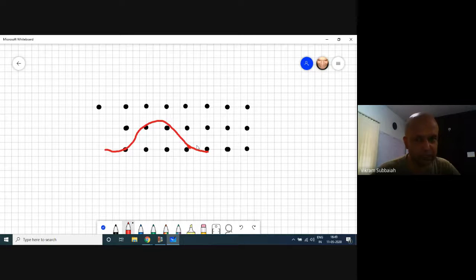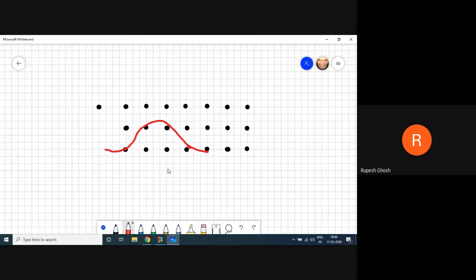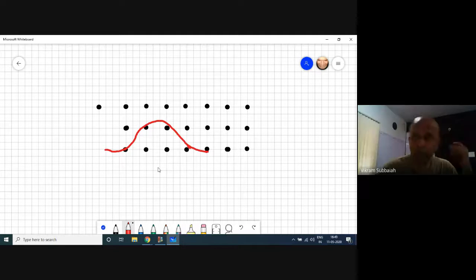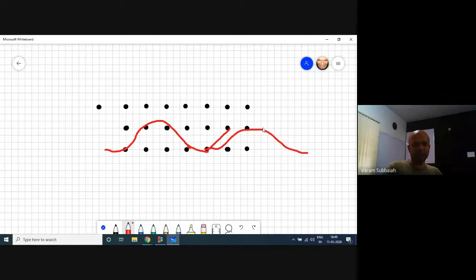So you'll probably take maybe 6 points in at least the x direction and plot 6 points, 1, 2, 3, 4, 5, and 6, so that you get that kind of a curve. But we can directly create a NURBS curve, right, from 3 points. Now, why I'm saying this, Rupesh, is I want to see if the next curve is not like, if I look at this from this side, I want you to be able to distort this next curve that comes. I want you to be able to change it.